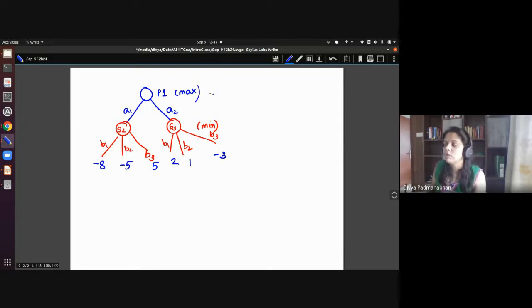We also define what is called the value of a state. Typically the terminal states have some utilities. Now we'll define the value of every state, which is the best achievable utility at that state for the agent which controls it. In this state, the first agent is controlling, but in these two states, the second agent is controlling. Now, if you look at state S2,